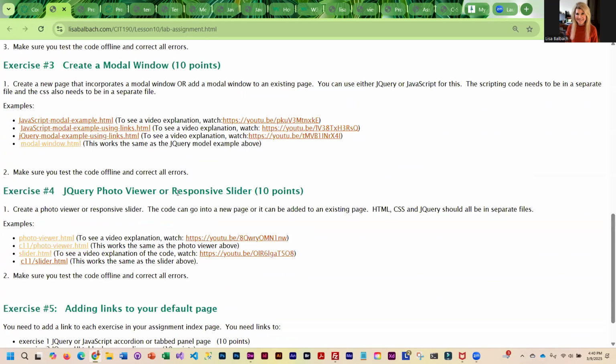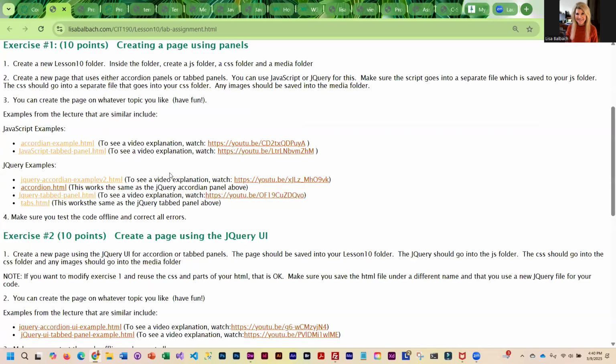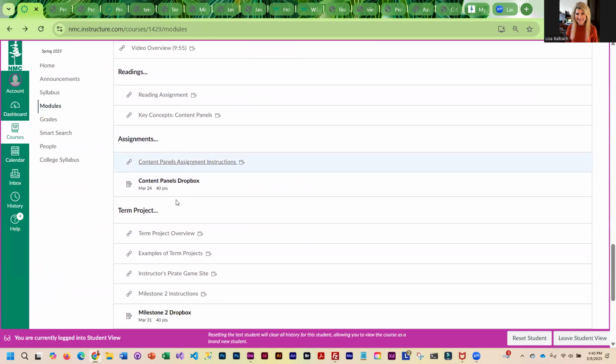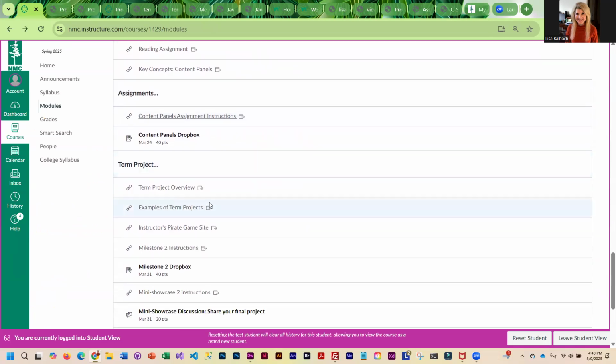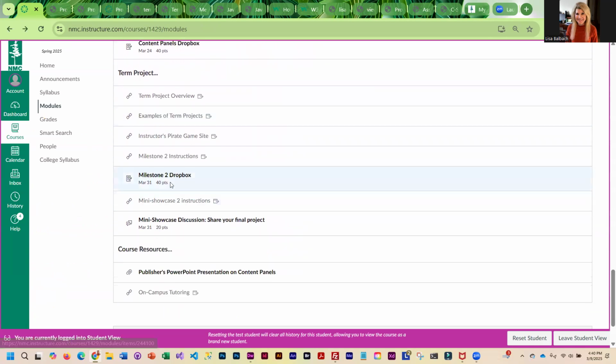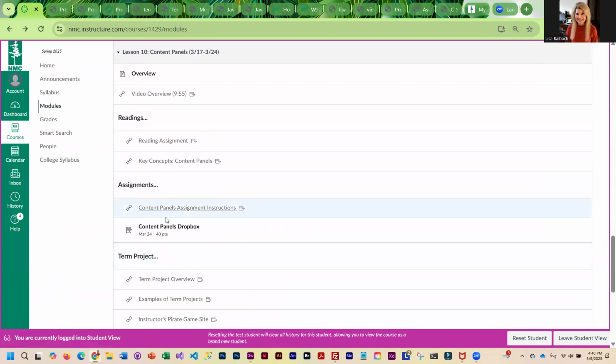And if you're happy with your UI, then I would just leave it alone. But this does give you a little option. Okay, so that is the assignment. And you should be working on milestone 2, which is due after spring break. Okay, so I would probably try to get that done before spring break because this is our last week before